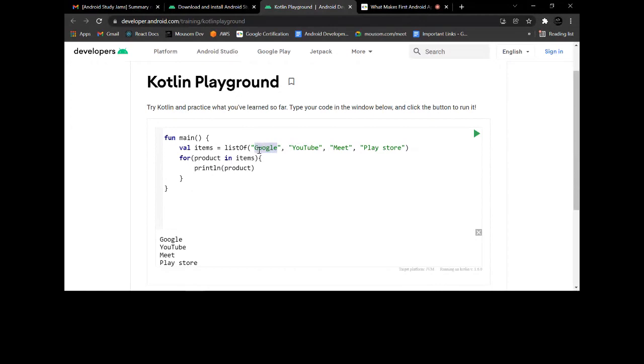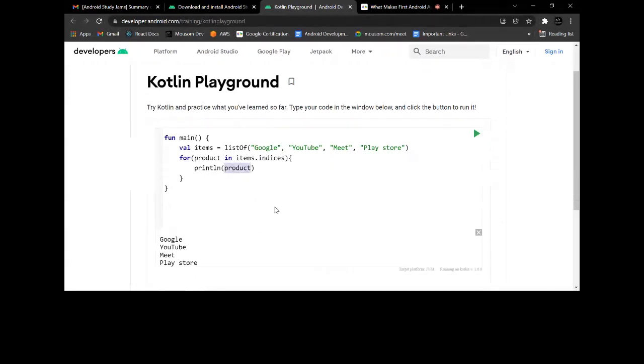We can do that here also. So for that we can change something like items.indices. So product in items.indices, and we have to specify the indices over here.